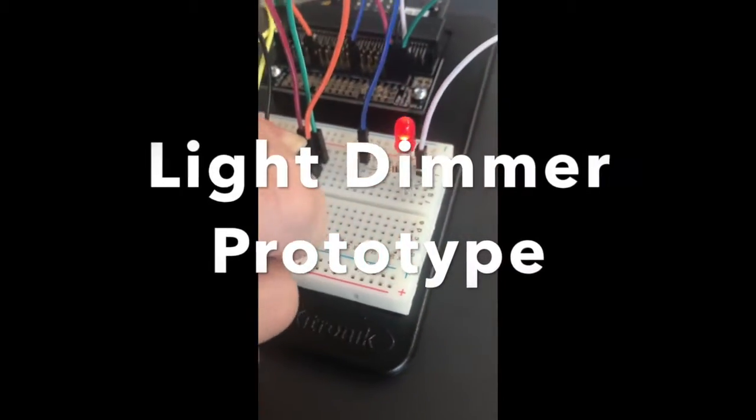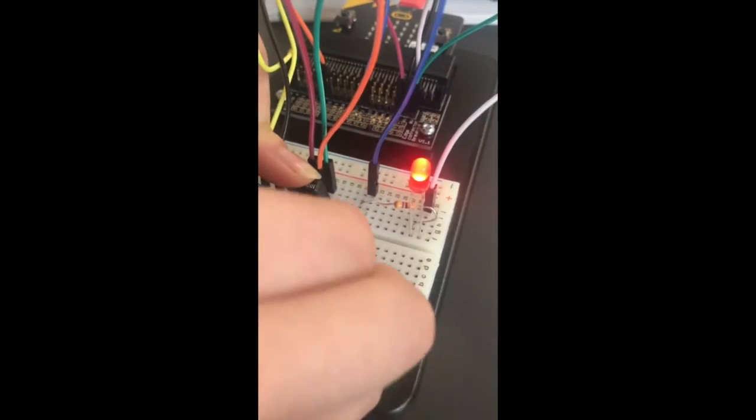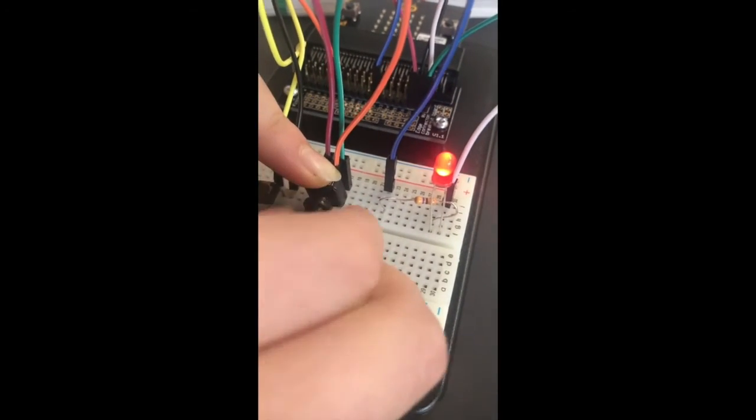Yes, yes. It's a light dimmer. Okay, so yeah, the picture is kind of unusual, right? If I use this, the fan should